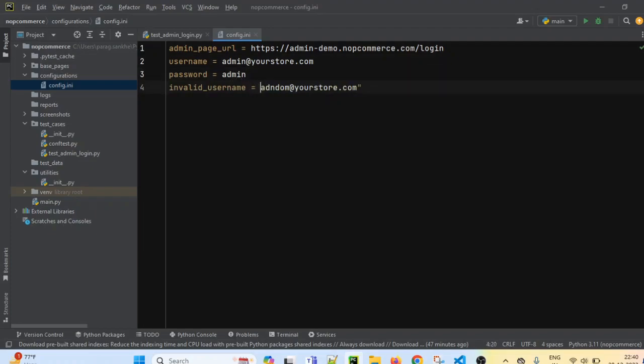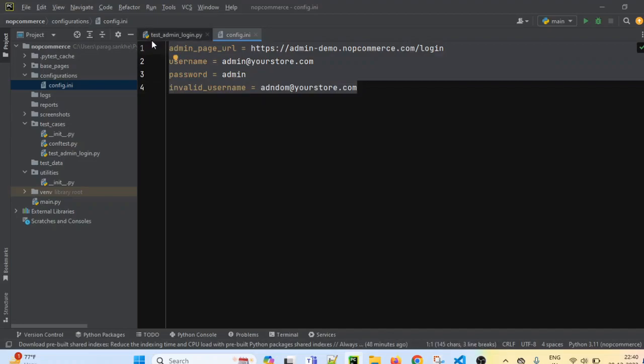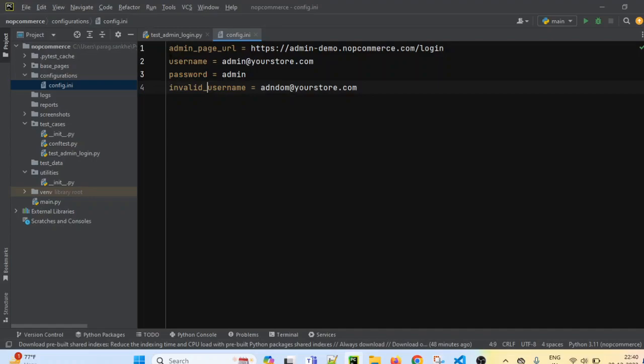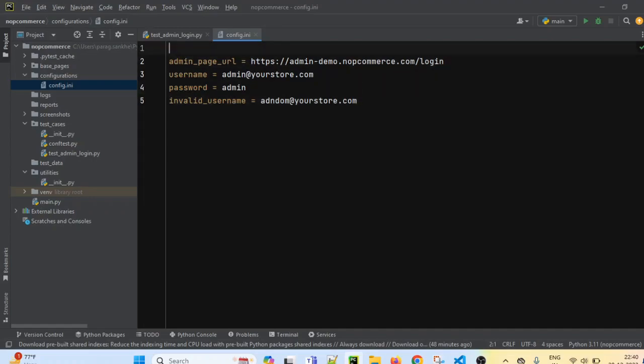The config.ini file will contain a section. A section is basically a group. All these variables, that is keys and values, are related to admin login info, so I can group them in one section and name that section admin login info under square brackets.